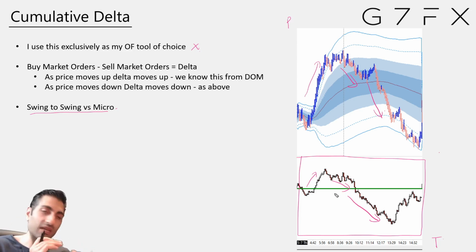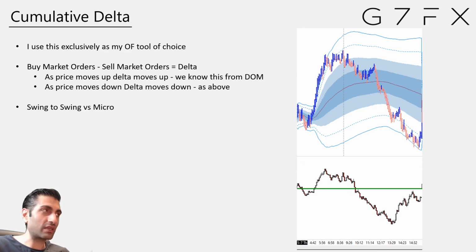It's that delta. It's the difference between orders hitting the sell side and orders hitting the buy side. When the market's moving down aggressively, obviously it's going to be market orders hitting bids going down. When the market's moving up aggressively, obviously it's going to be what? Market orders lifting the offer or hitting the offer or whatever you want to call it as we go up. That's it, right, guys? So that's basically all the delta is, okay? Cumulative delta is letting me see all the information, but just